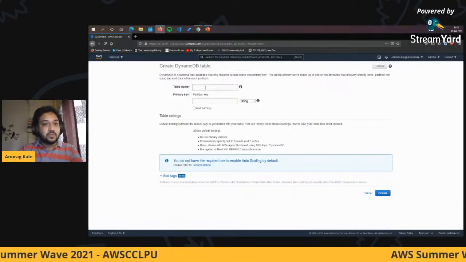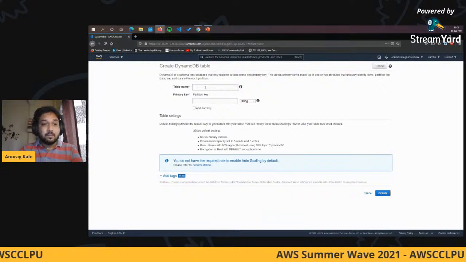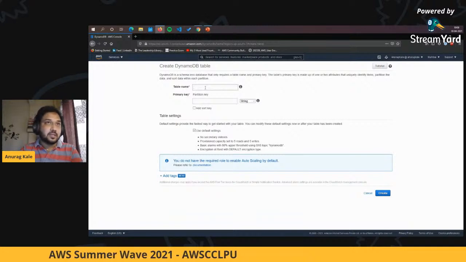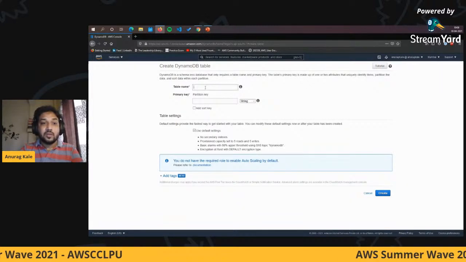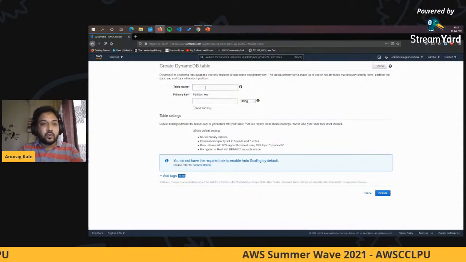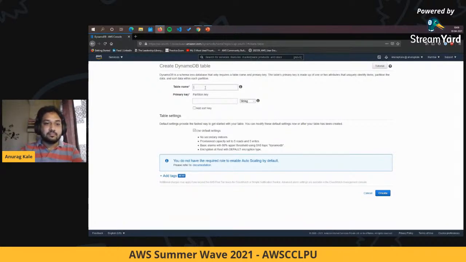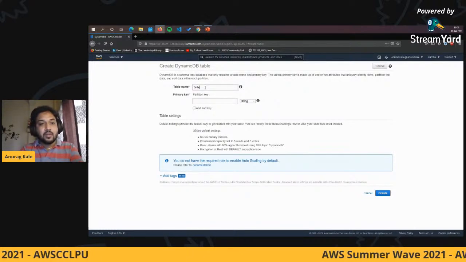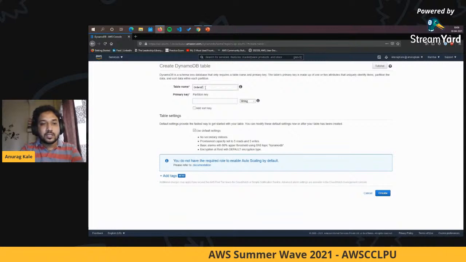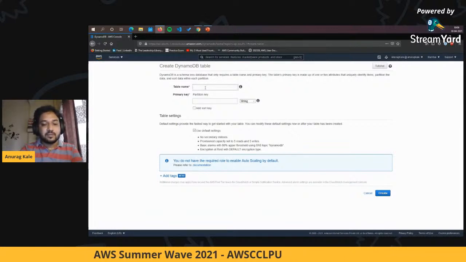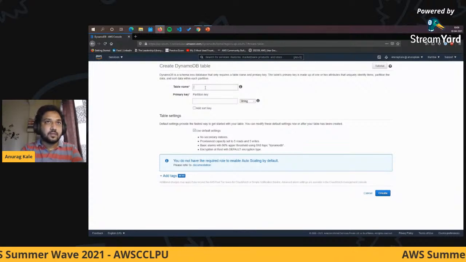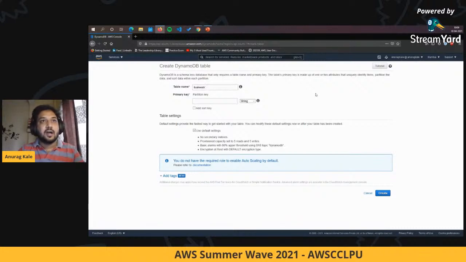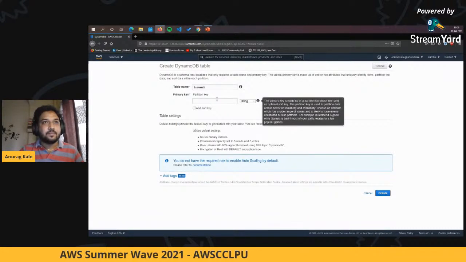So all you need to do is specify and be very specific about just your business logic. You don't need to worry about which server is created, where it is created. So in DynamoDB, what you do is you create a table. For this example, let's continue with the example that we saw in the PPT. Let's call this my orders for business X. Sorry for the spelling mistake. So this is the name of my table, or this is my business, right?